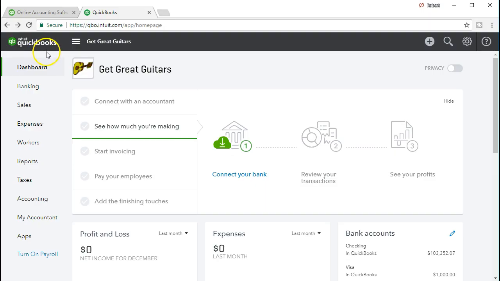Here we are with the QuickBooks Online dashboard. We will be continuing with the Get Great Guitars problem, and we're going to be entering payroll data into the system. As we've discussed before, there's a few different ways to process payroll, and it's really one of those areas you want to spend some time on to see how you want to process the payroll, because it can be a complex system. Even a few employees can be fairly complex to process the payroll just because there's so many